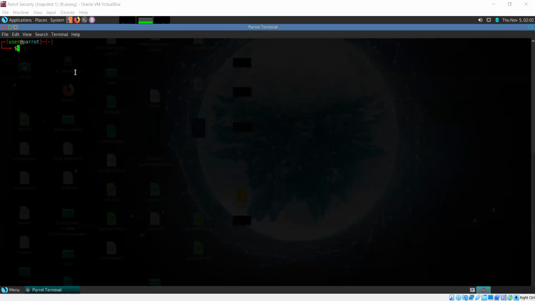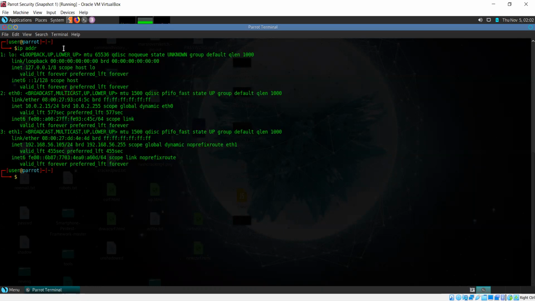Now, first let me check the IP address of my own system. For that, I'll use the ip addr command. I have two interfaces, so I'll have two IP addresses, and the one I'm going to be using is this one, because this is the network that the other machine is on.